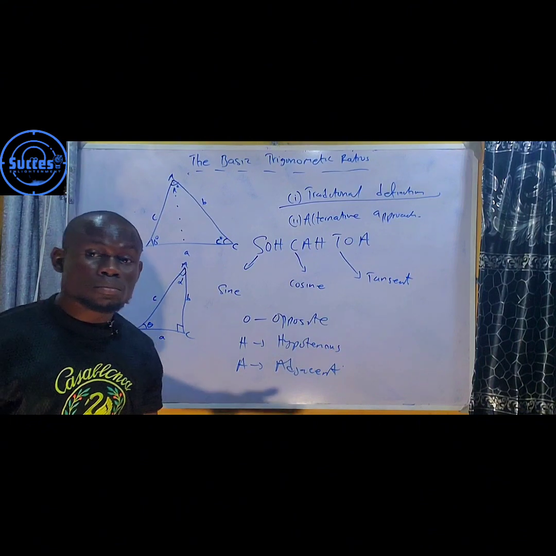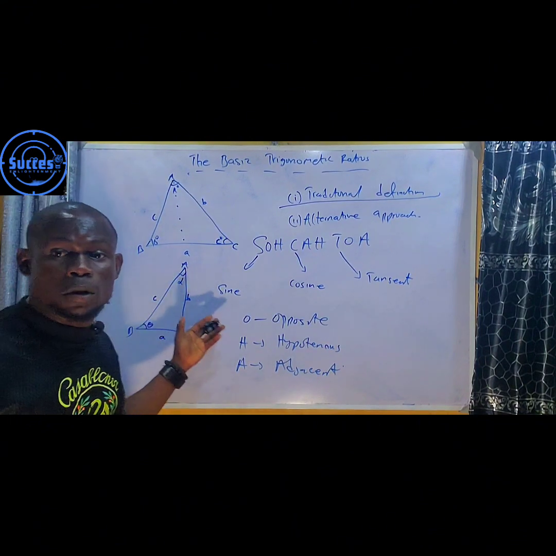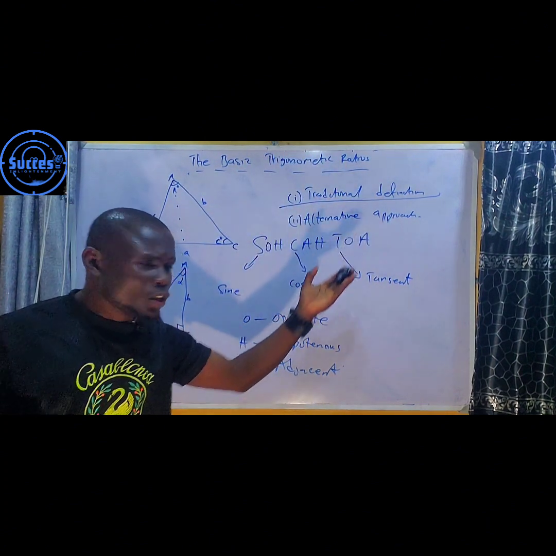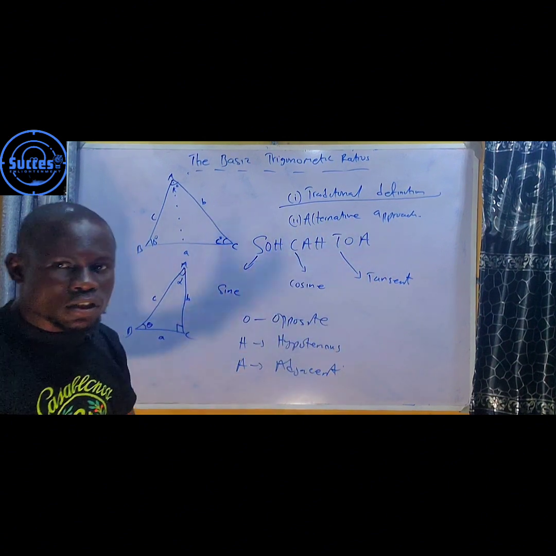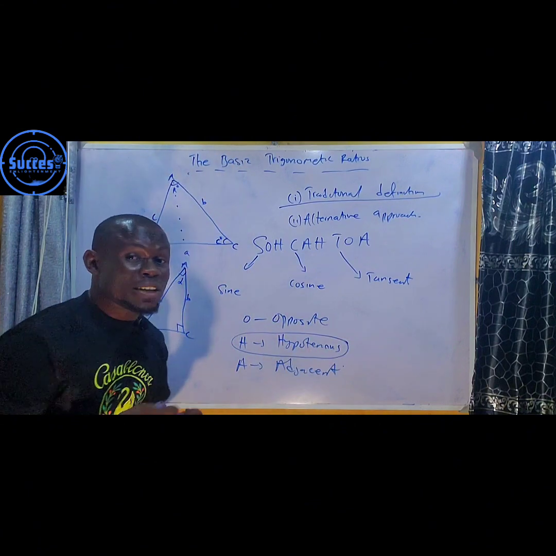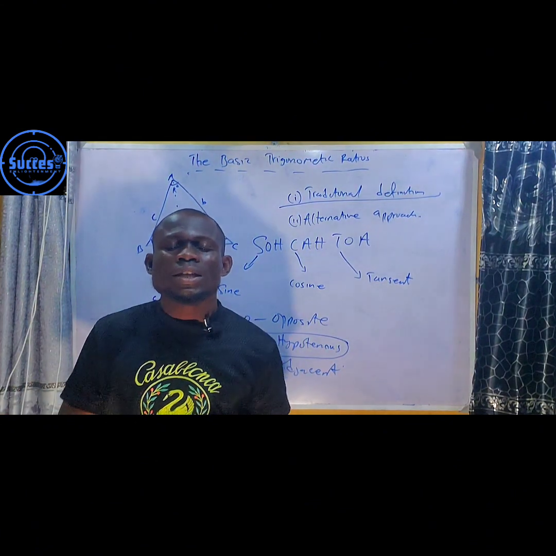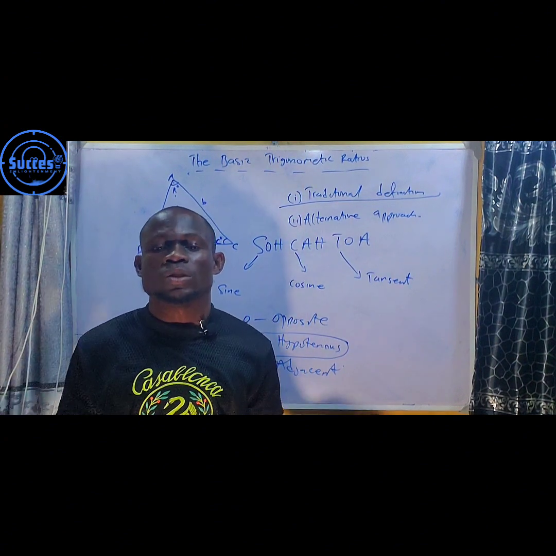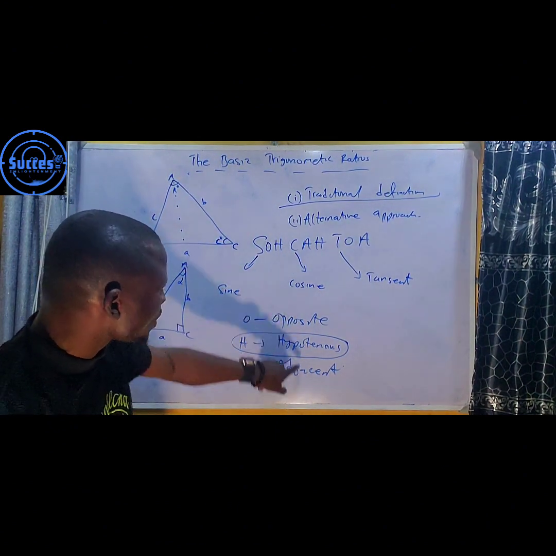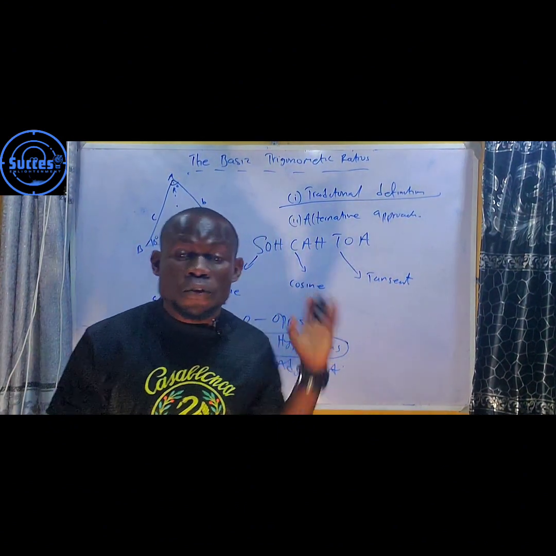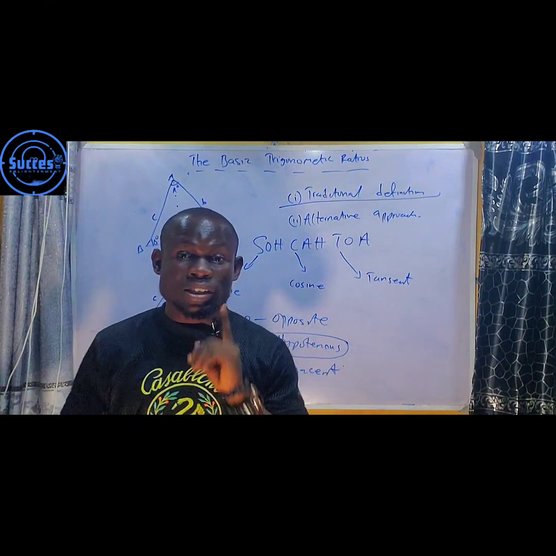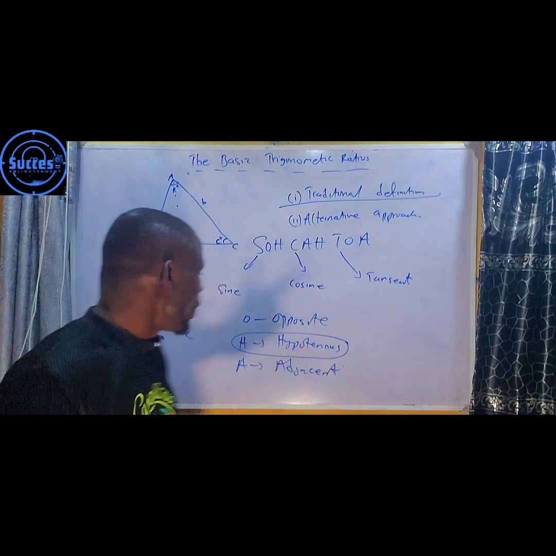This is a right angle triangle, and from the right angle triangle now we can develop our basic trigonometric ratios using the traditional definition. Now the first thing you have to understand is: what is a hypotenuse? By definition, a hypotenuse is the longest side of a right angle triangle, the longest of all the three sides. Don't forget, a triangle has three sides, and these sides are hypotenuse, opposite, and the adjacent sides. Of all the sides, the longest side of a right angle triangle will always be the hypotenuse side, and that side is what you should first identify, which is